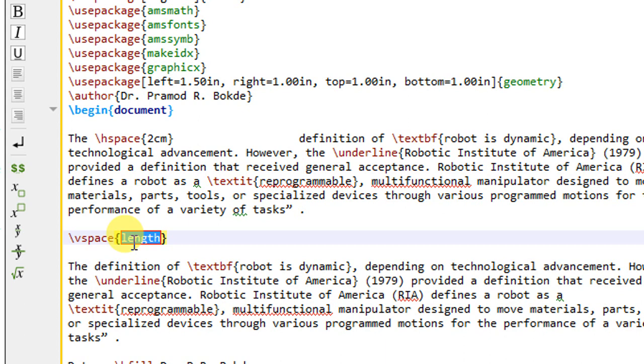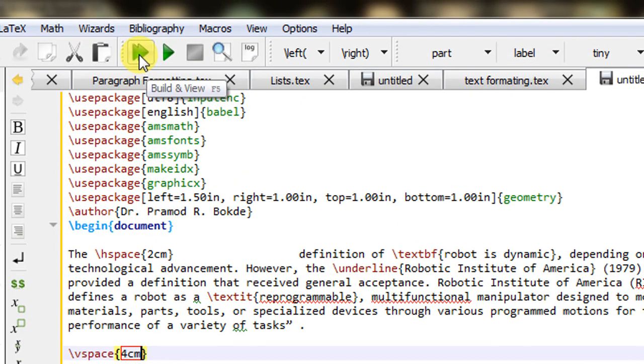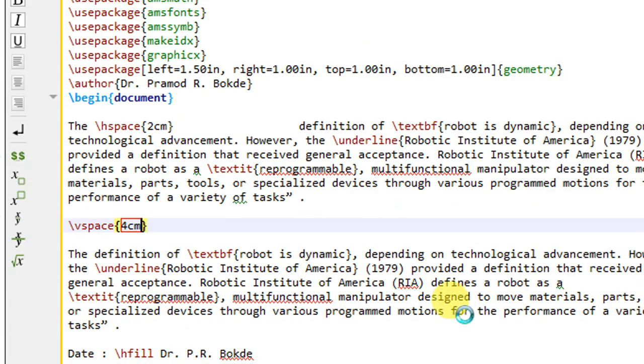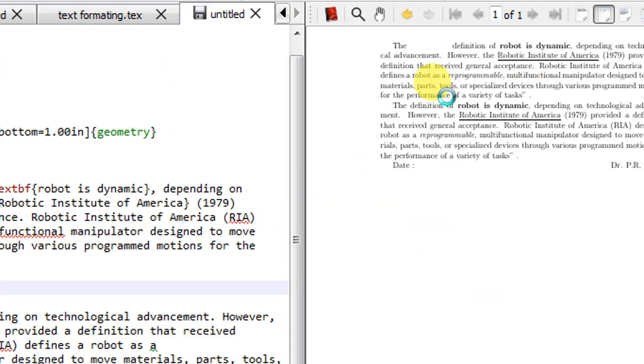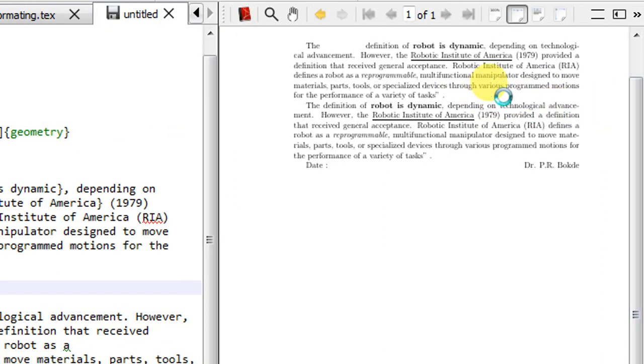Suppose I want to insert 4 centimeter space between these two paragraphs, so I will write \vspace and in curly brackets 4 centimeter. Let us run this document to produce the output. Definitely there will be 4 centimeter spacing between these two paragraphs.